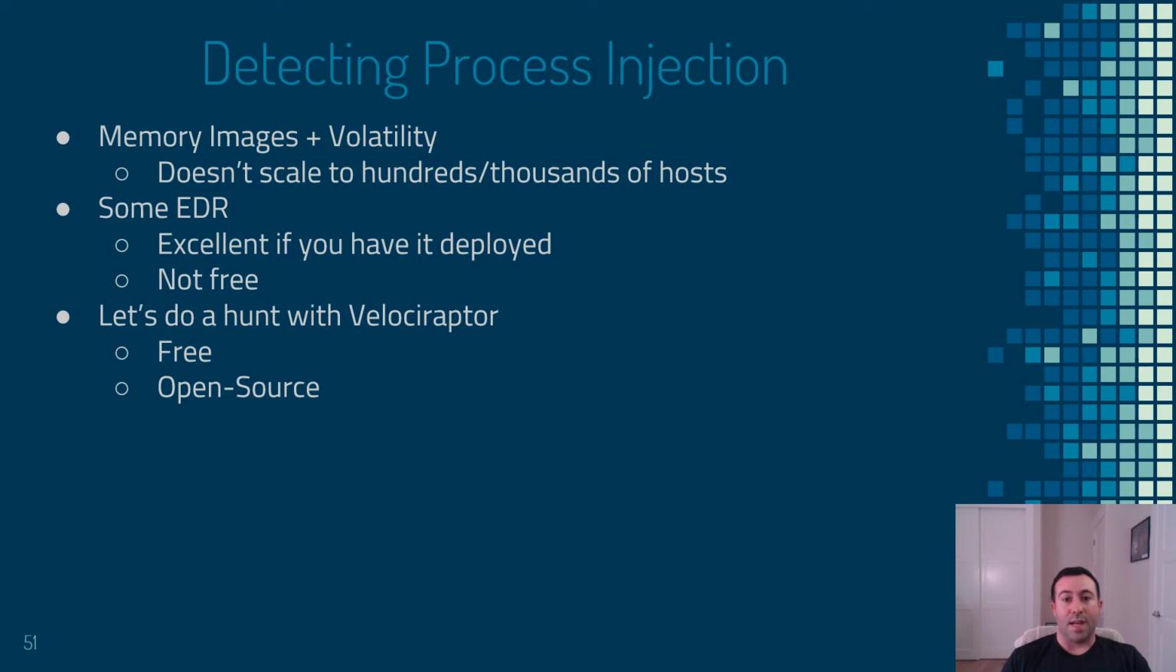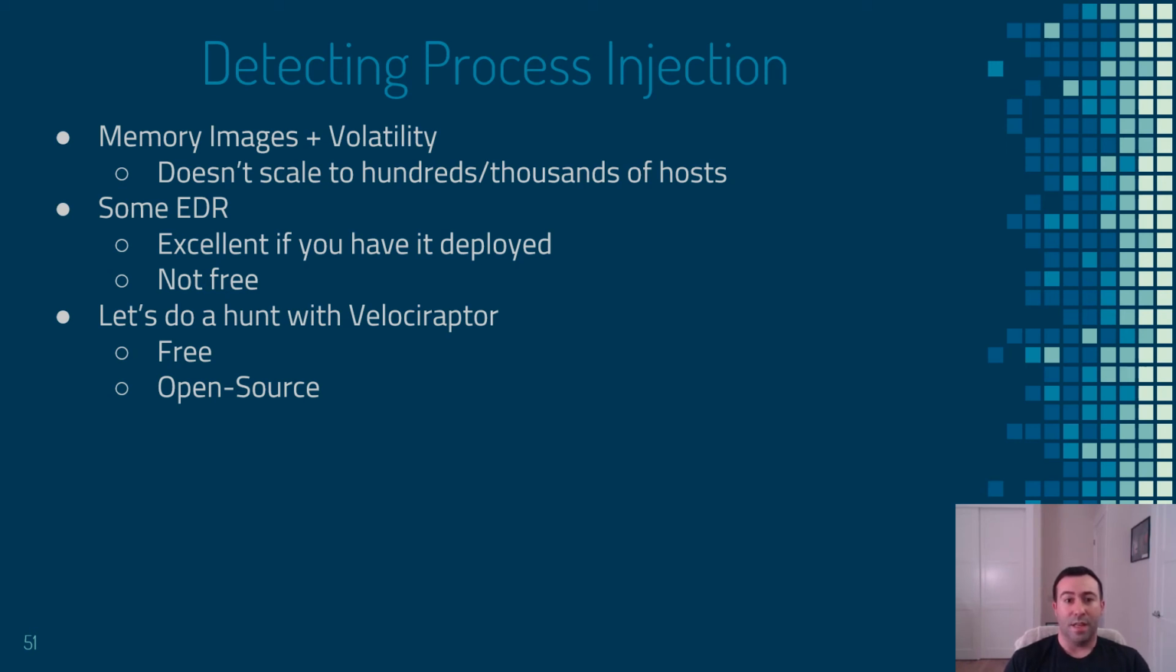If we wanted to detect process injection, here are some things we could do. We could pull memory images from a bunch of different hosts and analyze them using an open source tool like Volatility or other memory analysis tool. However, for the most part, this really doesn't scale well. Collecting and analyzing hundreds or thousands of memory images takes an impressive amount of infrastructure, both for the storage and